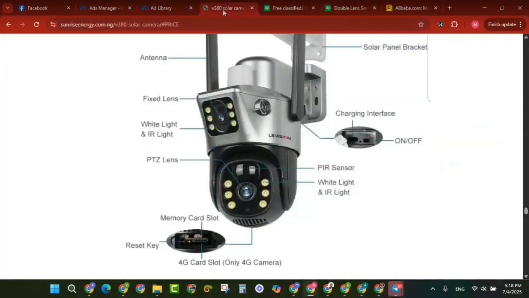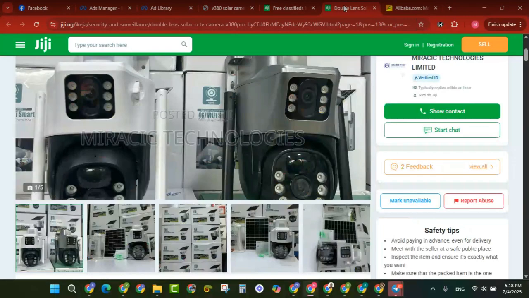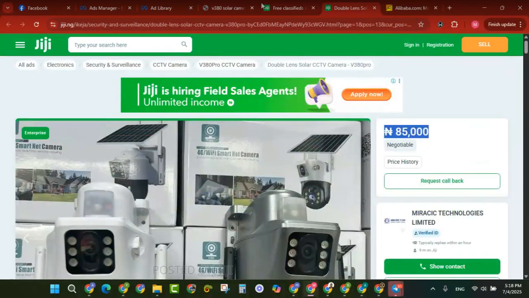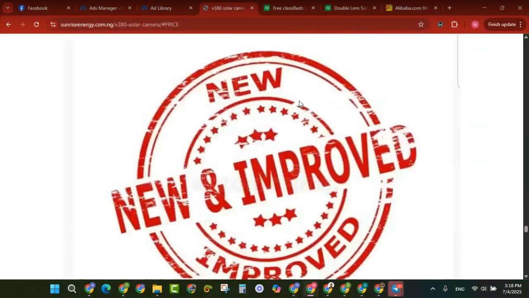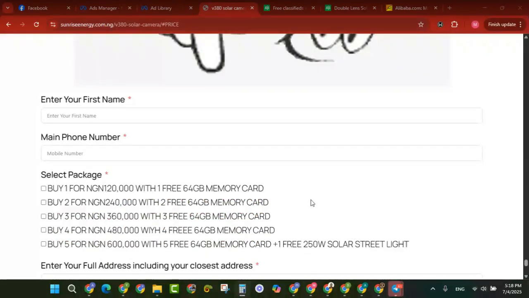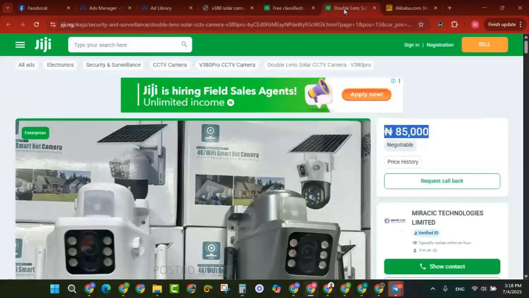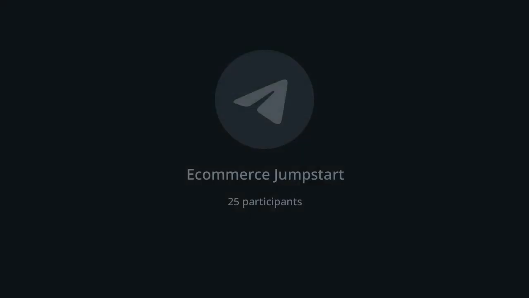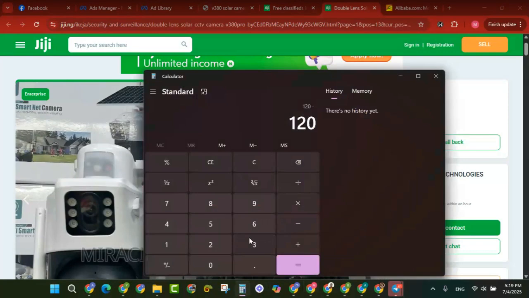It is the one. Okay. So these people are saying 85,000 naira. But on Facebook, these guys are selling it for 120,000 naira. Okay. So with that, where's my calculator again? 120k minus, how much is that again? 85. That is 35